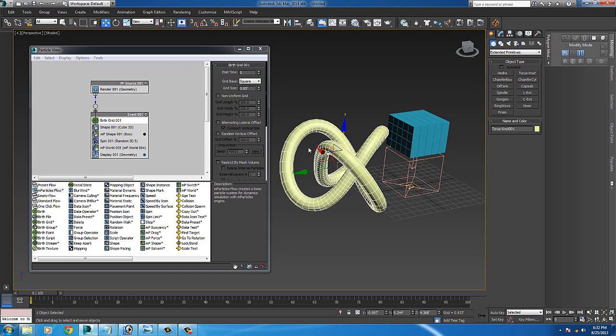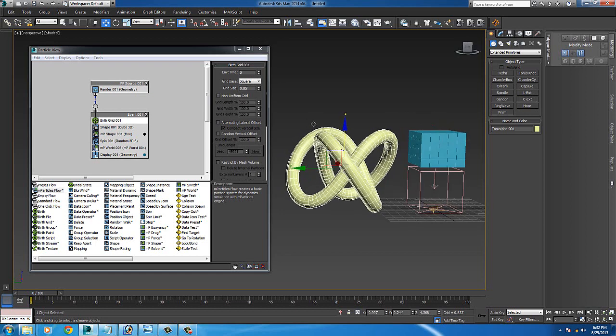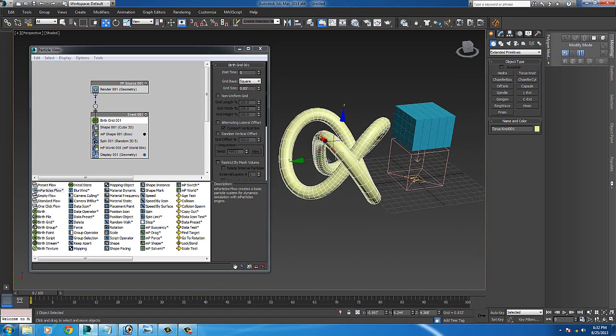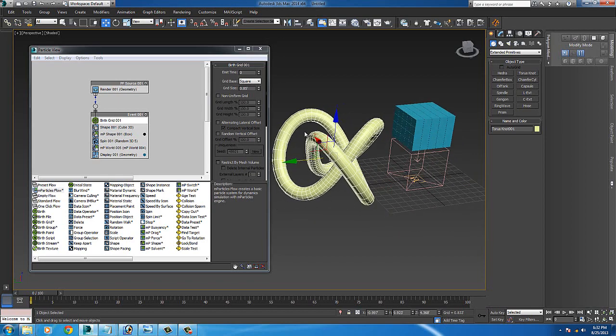This is really cool. But here's just the basics on how you do this. We want to create two of these. One of these torus knots will be one for the particle system to obey, and the other one will be the actual torus knot that we will have skinned to the particles that are following the other one, and then have it obey the particles. So you've got to have two of them,